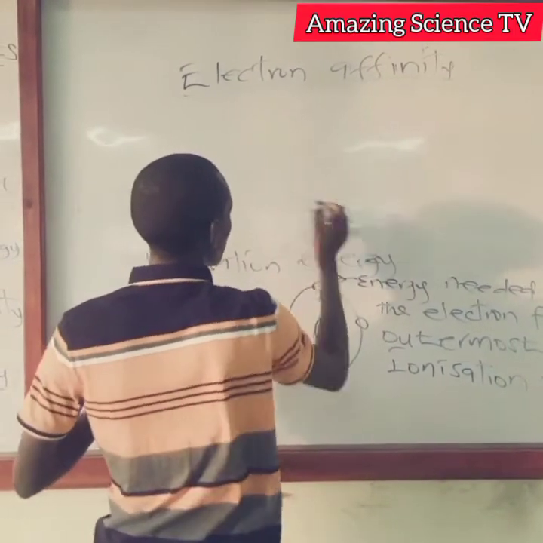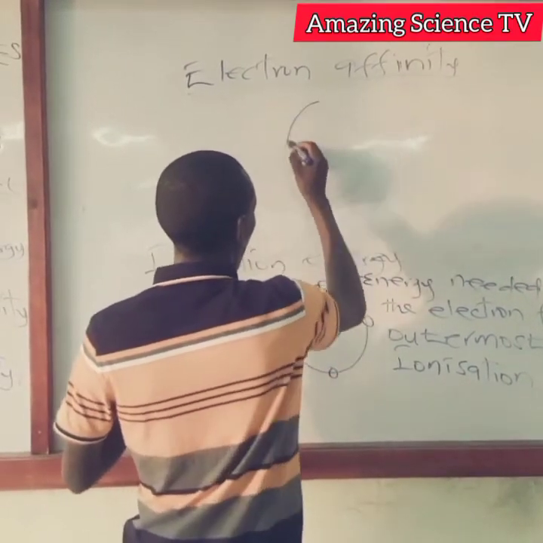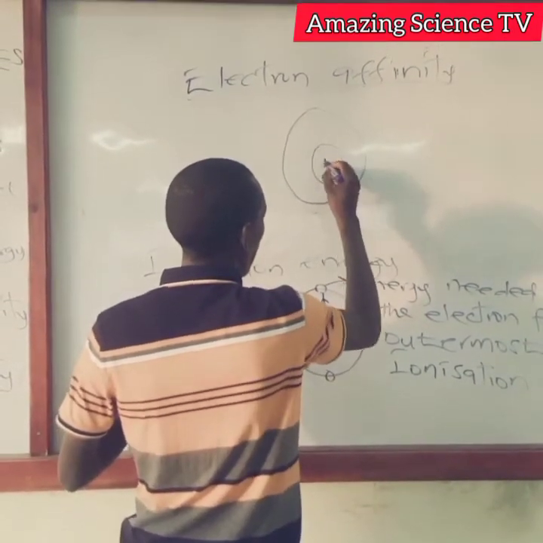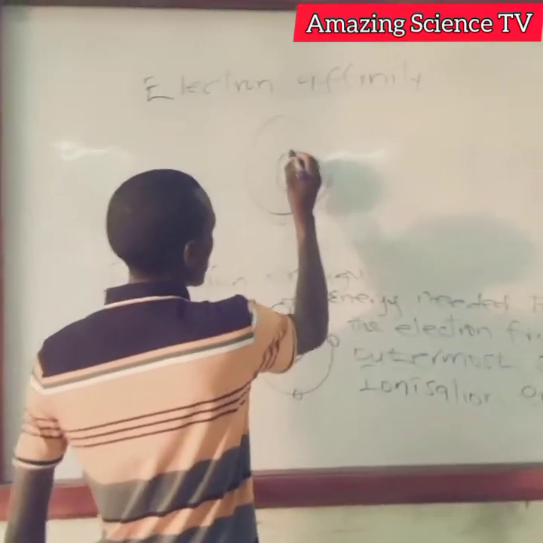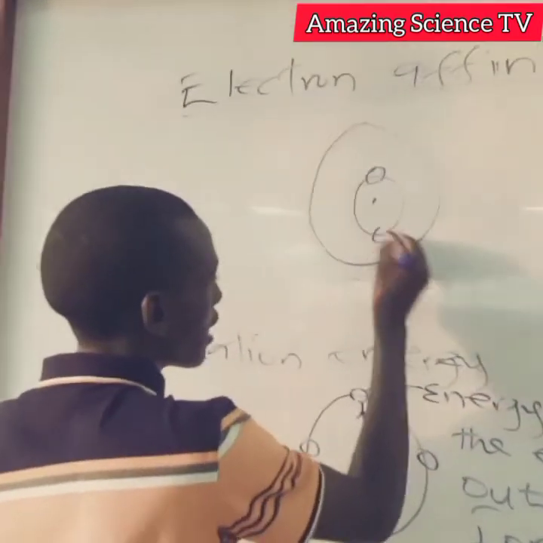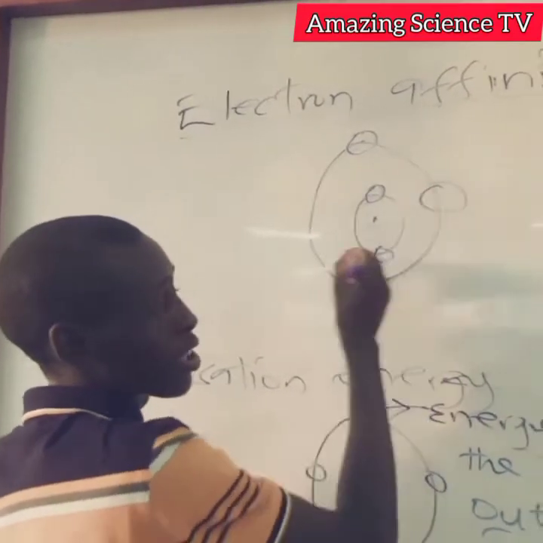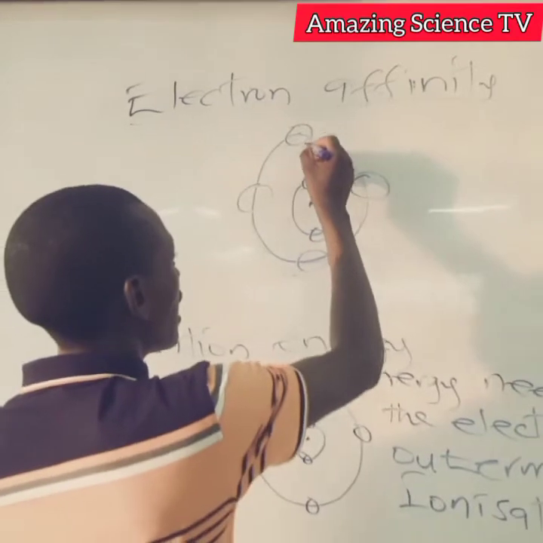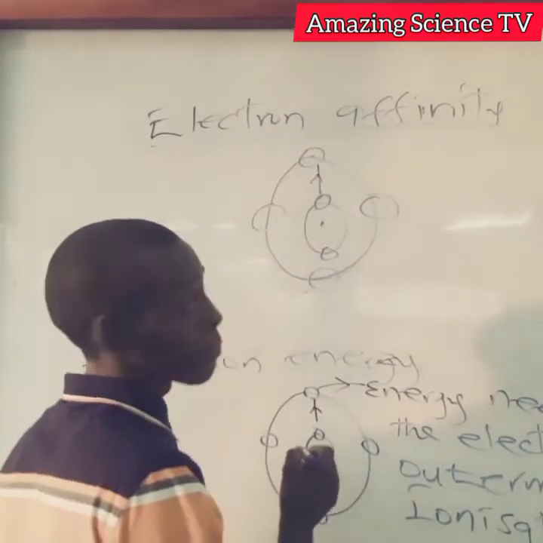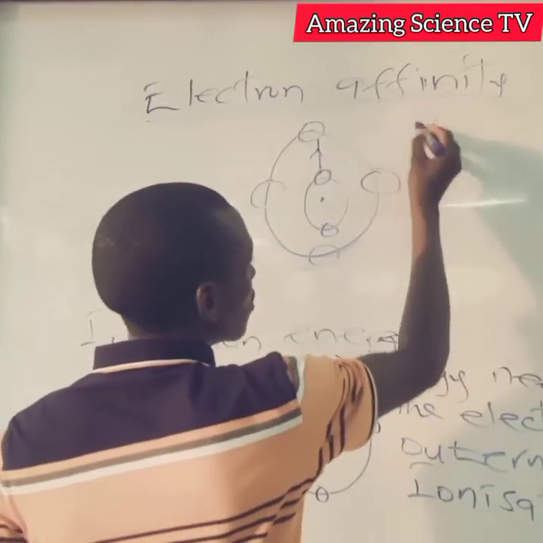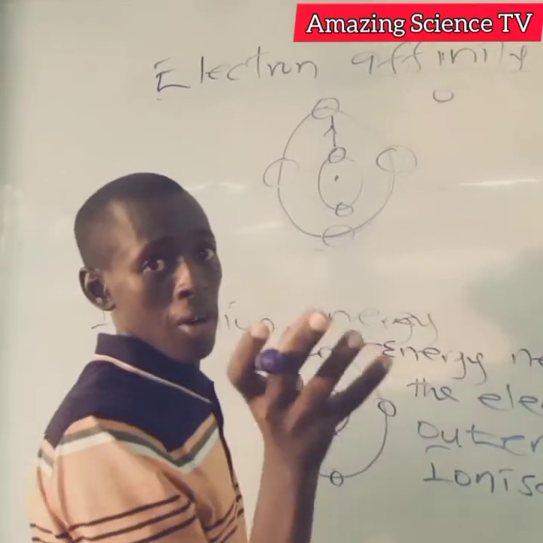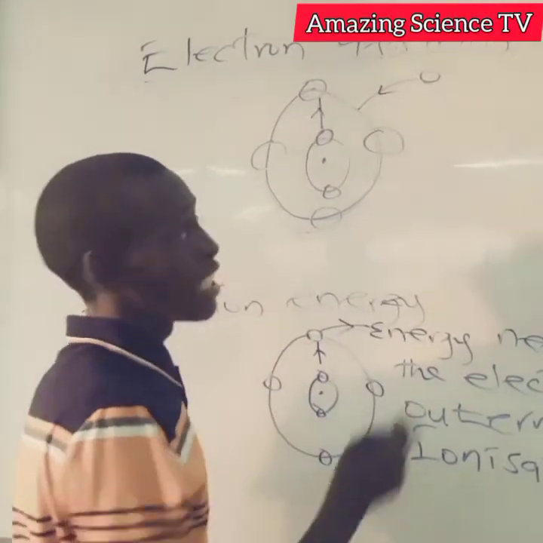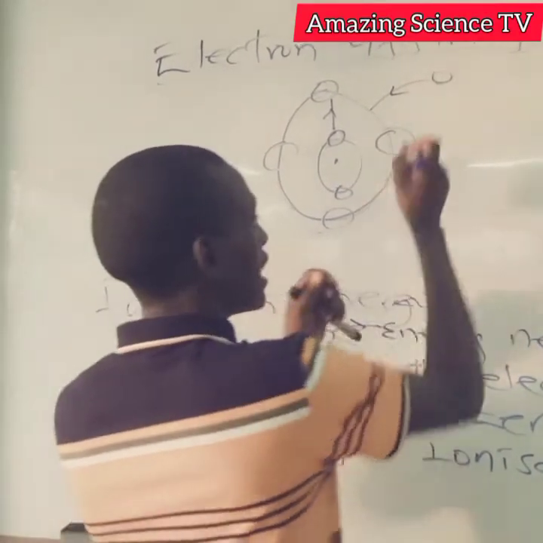Assuming this is my atom, and this is the nucleus, I have an electron here, another electron here, an electron here, an electron here, another electron there, and another electron there. So remember there is a force here. So another electron might be coming this side. 1 mole of electrons that we are talking about. When it is being added to this shell, the outermost shell, the energy we use,